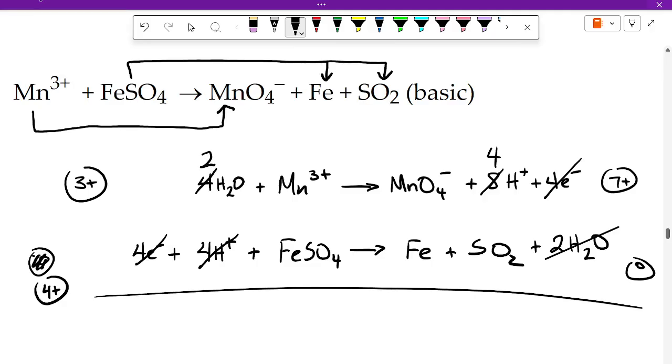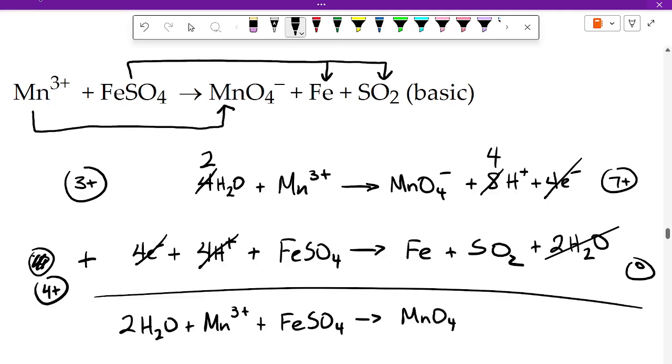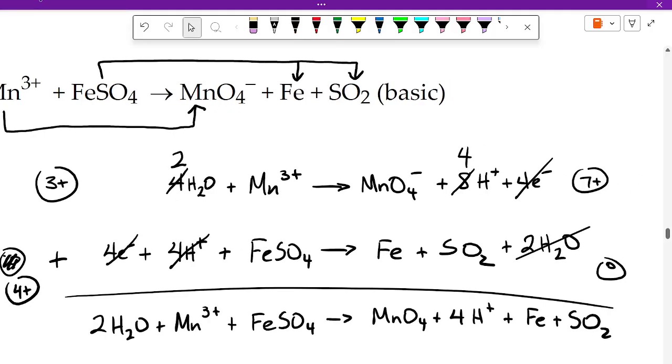And now I'm going to take the whole thing and add the 2 together. 2 H2O. So this is now balanced